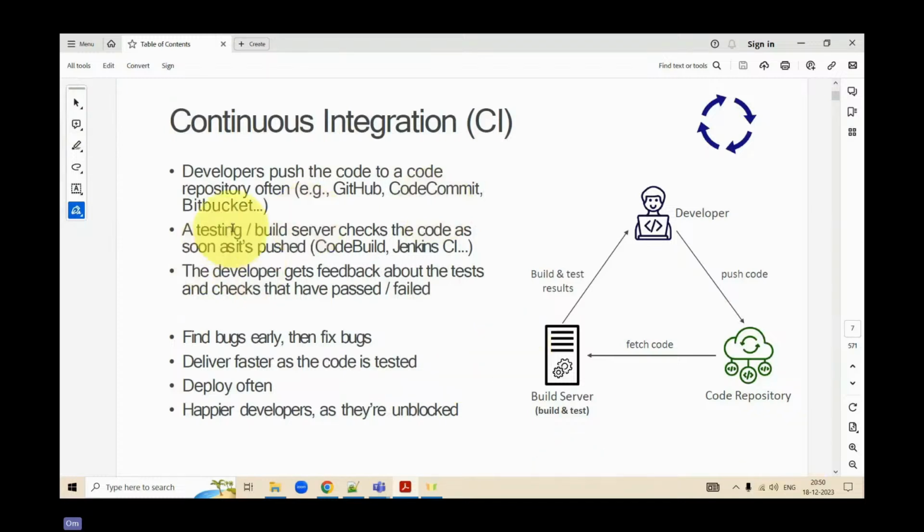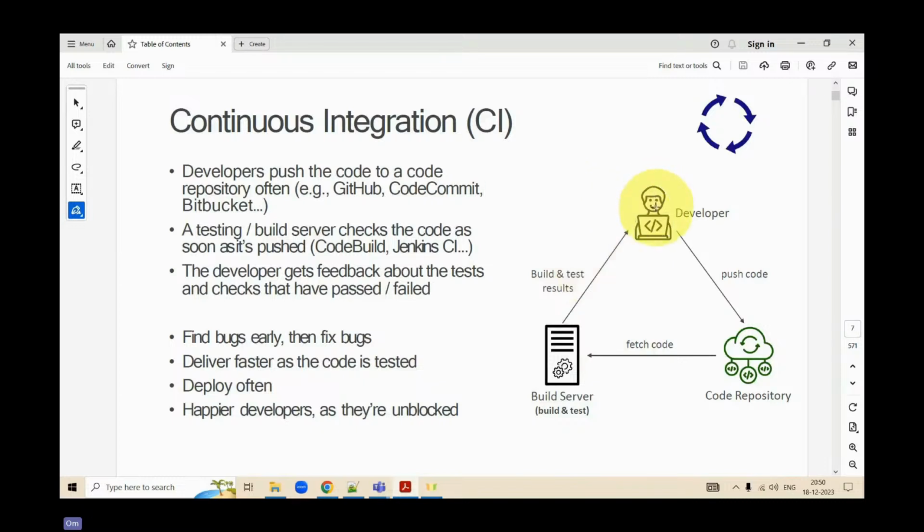Now, the test and build server checks the code as soon as it is pushed. The moment the developer puts the code into this repository, the build server builds and checks the code itself. When the build or test is done, it provides the results back to the developer.